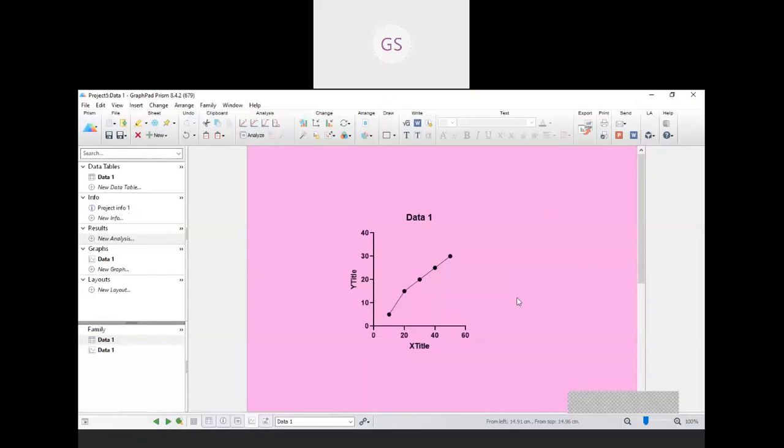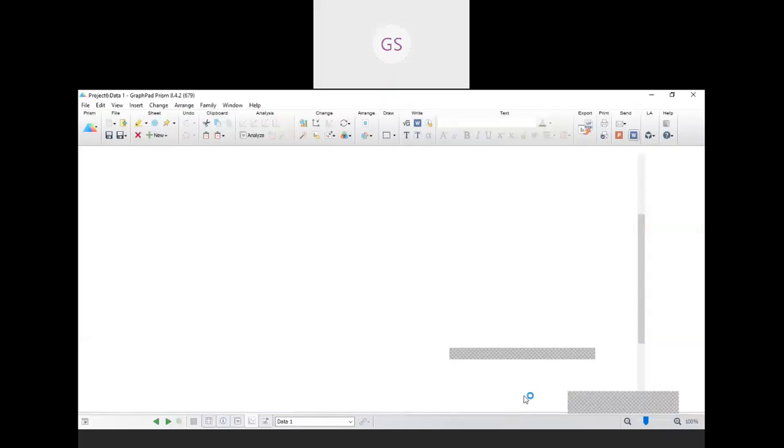Other thing, if you don't want to copy and paste, you can go for another option also. Here, on the right hand side, you can see two things: W symbol and P symbol. W symbol is the MS Word symbol and P is the PowerPoint presentation symbol, not PDF. If you click on the W symbol, MS Word will open and your graph will automatically paste in MS Word.